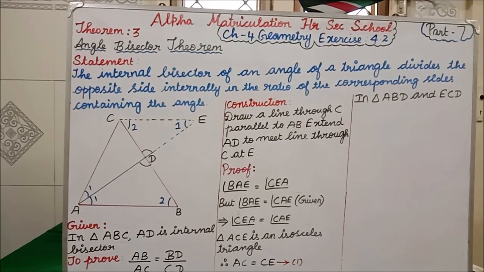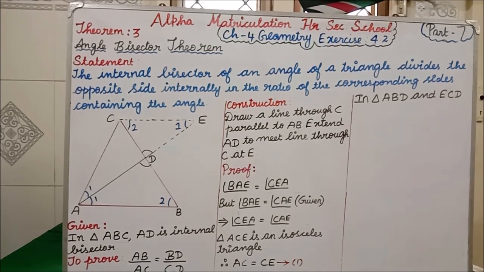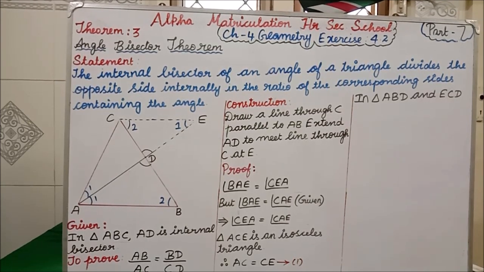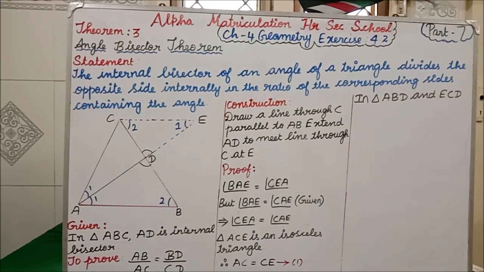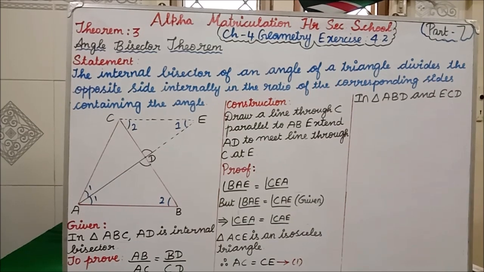Whenever in your exam, in the question paper, they give "state and prove the ABT theorem", or sometimes they will give you the statement. Even if they give the statement, you have to write it one more time. The statement also carries marks. Clear? Now I am going to read the statement.